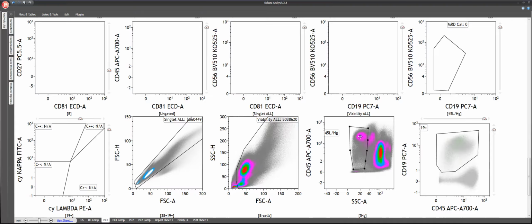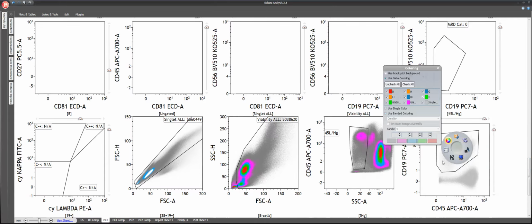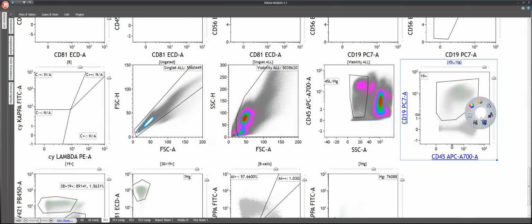So this is the CD45 lymphocyte as well as hematogones gate. You can see we included all cells which are CD45 dim and CD45 bright lymphocytes, and hematogones generally are CD45 dim and low side scatter, so they fall in here. Then we apply this gate to the CD19 positive cells. So we have all these CD19 positive cells here, which include plasma cells, hematogones, everything, and this CD19 positive cell gate,